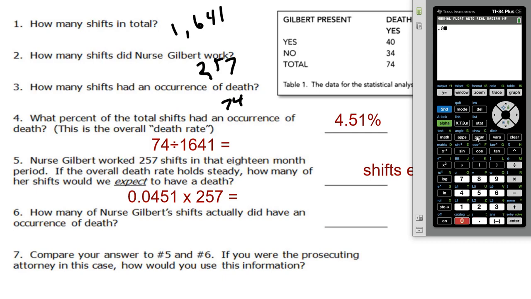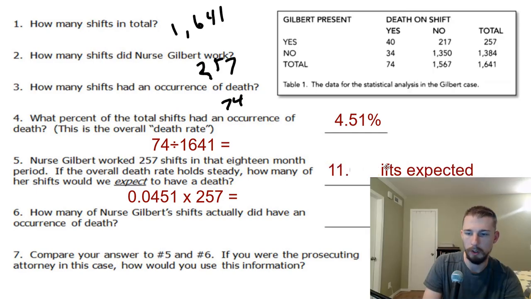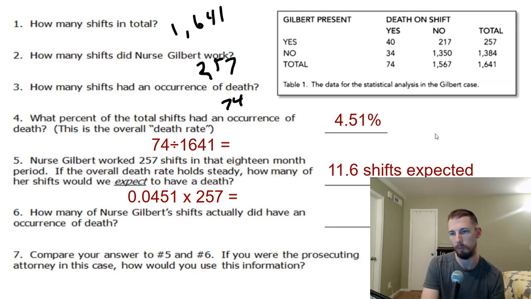All right, so 0.0451 times the number of shifts. Okay, so basically 4.5% of her shifts, which would mean the expected value would be 11.6 shifts. So essentially we would expect deaths on 11.6 shifts. So overall, she should have had 11.6 on average. If it was totally evenly distributed, we would expect on average 11.6 of her shifts to have